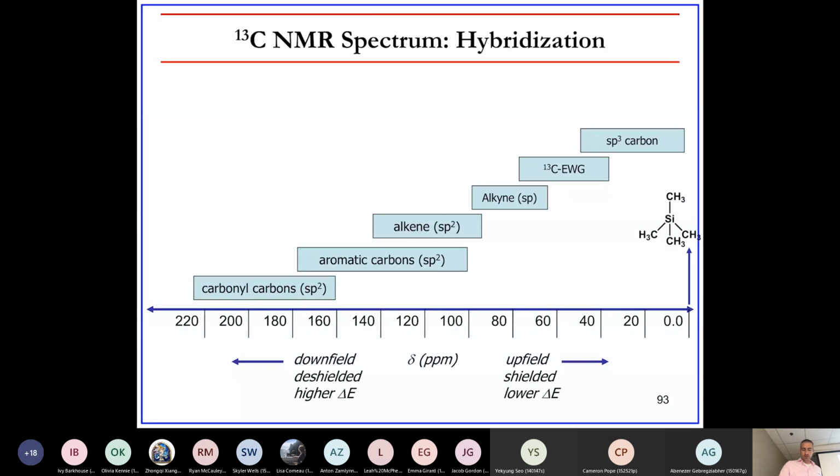So let's look first. We said about 0 to 220 was the scale that we're looking at, and 0 is defined as where you see a carbon in this molecule, which is called tetramethylsilane. This is a cheap liquid you can buy. You can add it to your sample. That's going to come up and give you a peak at 0. If you have just a regular sp3 carbon, like an alkane, then it's somewhere typically 0 to 30, 0 to 40. It's on the far right side of the spectrum. That can be stretched out to about 70